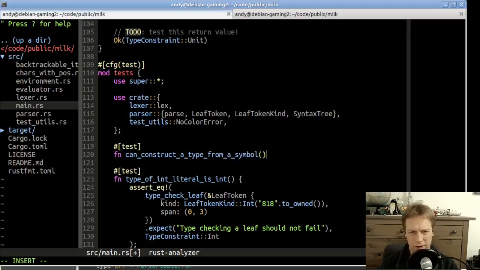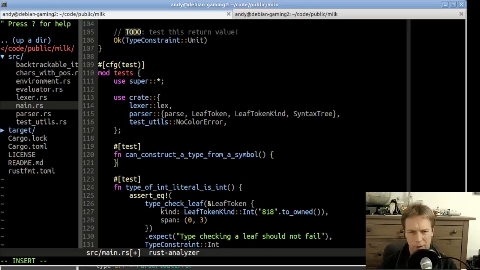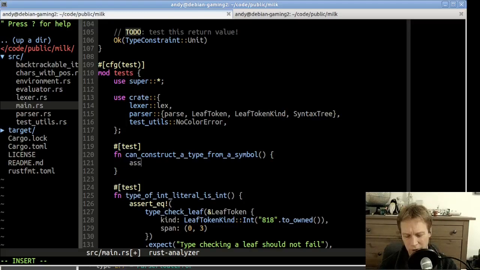Or is it actually, well, I don't know. That might be way too general. We might need loads of tests for that. But for now, we only need to know that when we try and make a type constraint from a symbol token,